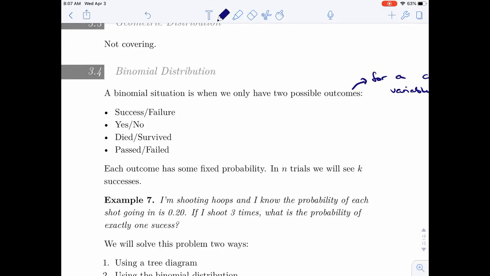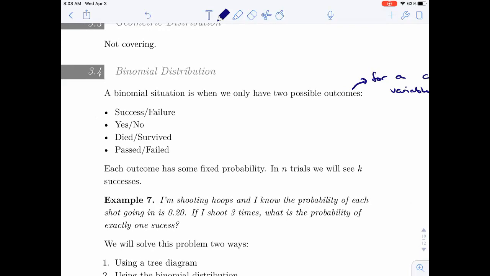So we've got two possible outcomes, right? Success, failure, pass, fail. That's the same thing. But success and failure in general are just, the success is whatever you're interested in, and the failure is whatever you're not interested in. So when we were talking about the proportion of boys being born, then a boy being born is a success, and a girl being born is a failure. So in general, we talk about success, failure,